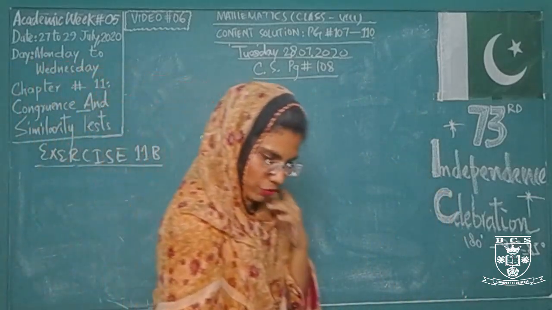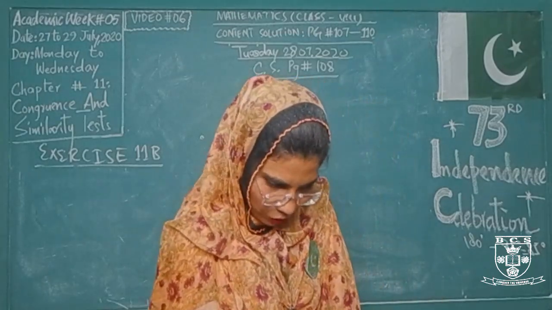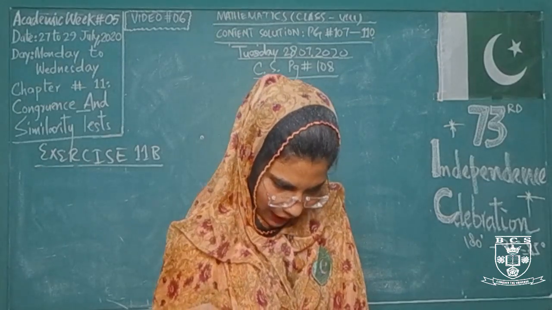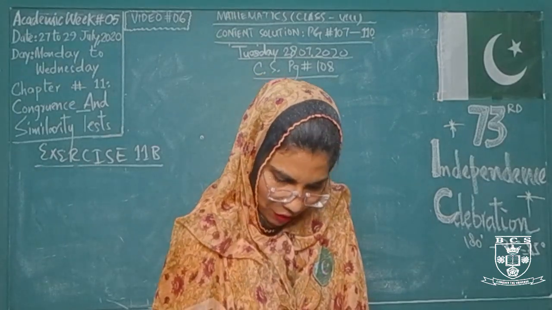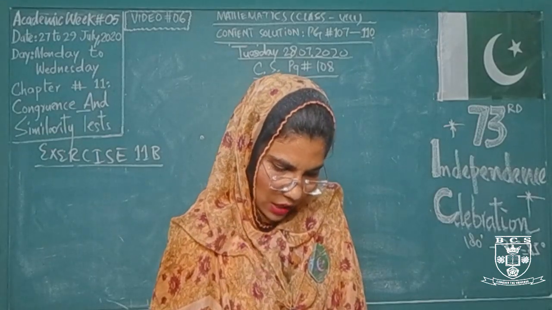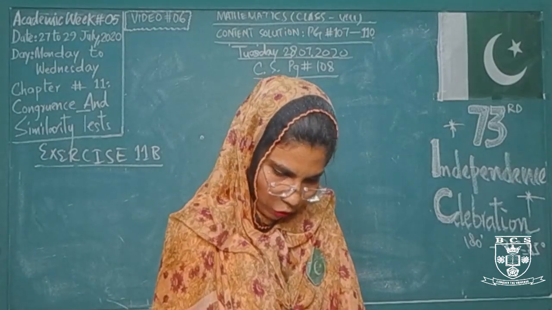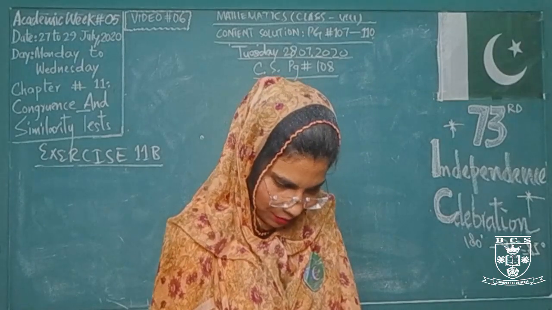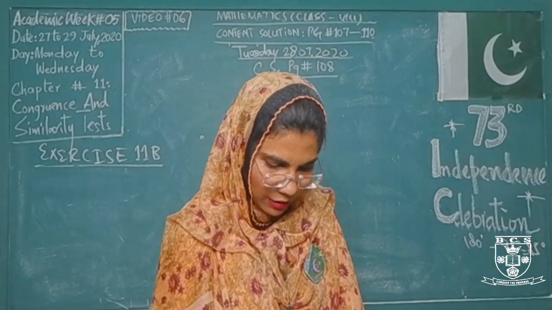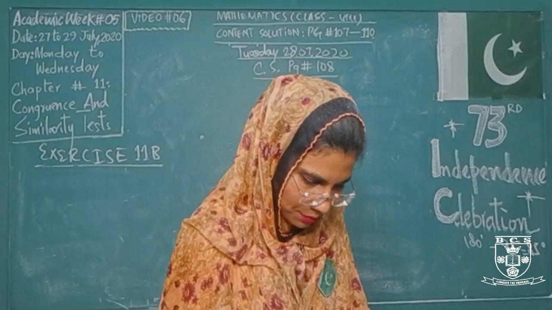Yes, question number 5 from page number 372. In each of the following figures, identify the similar triangles and find the value of x and of y. All lengths are given in centimeter. So here we are having the 4 different parts as A, B, C, D, and we are solving the very first part, that is question number 5 part A. In question number 5 part A, we are having the 2 different triangles.